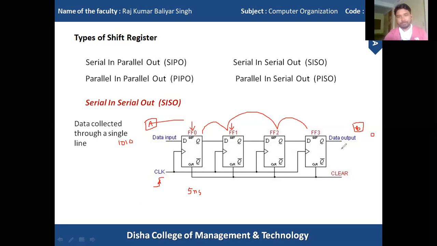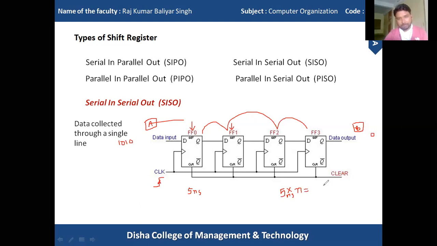If we have n flip-flops in a register and each flip-flop takes 5 nanoseconds to produce the result at the Q terminal, then the propagation delay of the last flip-flop will be n times 5 nanoseconds, where n is the number of the last flip-flop.